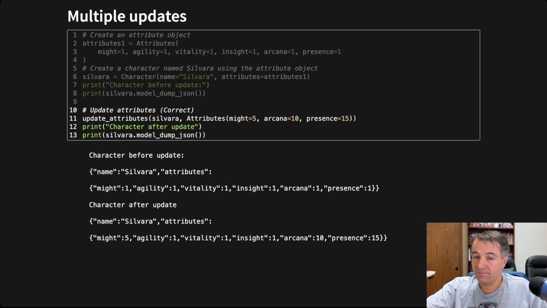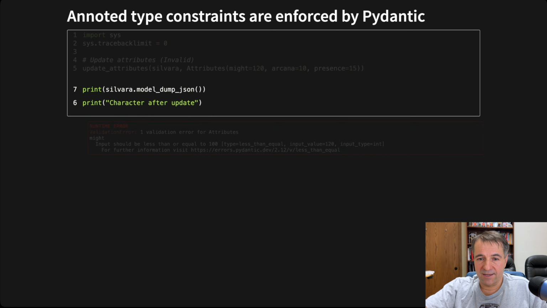So let's look what that update looks like. And look at line 11 over there. That's where we're doing the multiple attribute update in one shot. Which means this is, instead of 3 calls, we're now doing 1 call, which is great. But we also have protection around that. And I want to show you what that looks like.